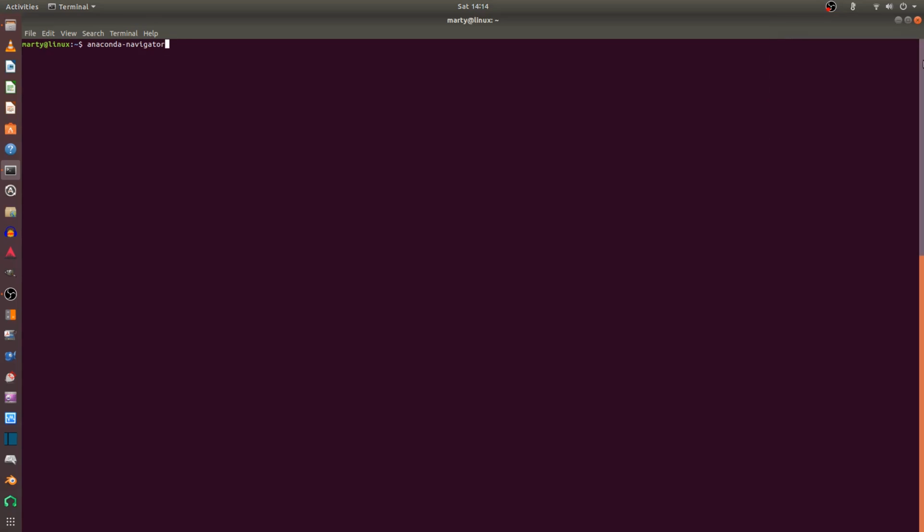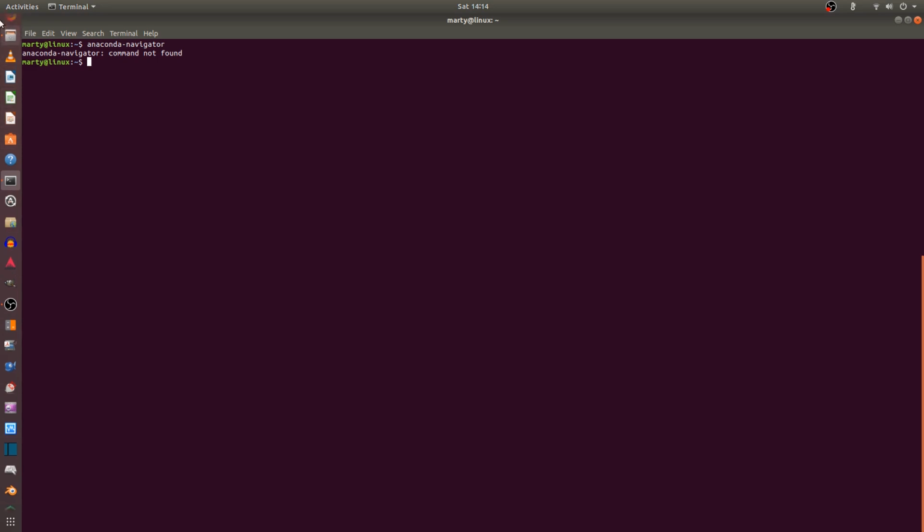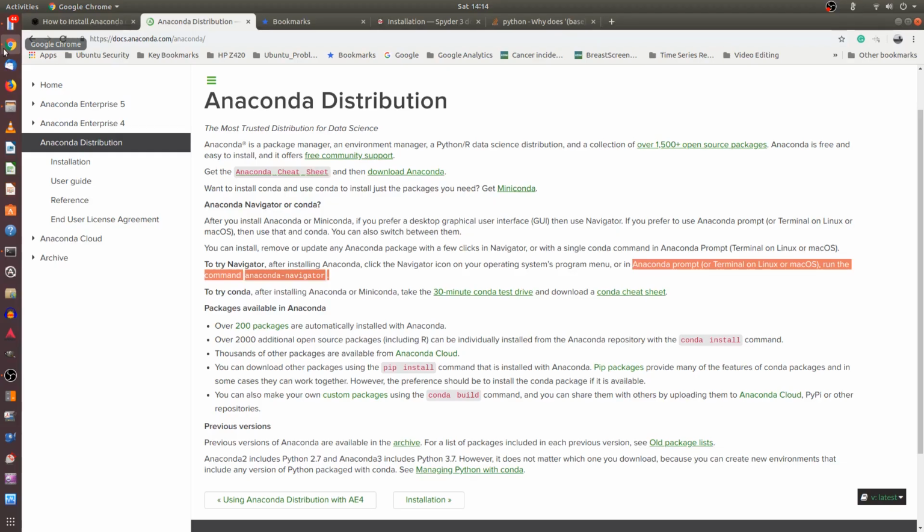I recently updated the Spyder editor in Anaconda and found that when I typed the command Anaconda Navigator, it would respond with "Anaconda Navigator command not found." Now, there is a reason for this, which is not documented in the actual instructions. So if we go look at these instructions, we see that it says in the instructions, these are the current instructions from the Anaconda distribution website, that at